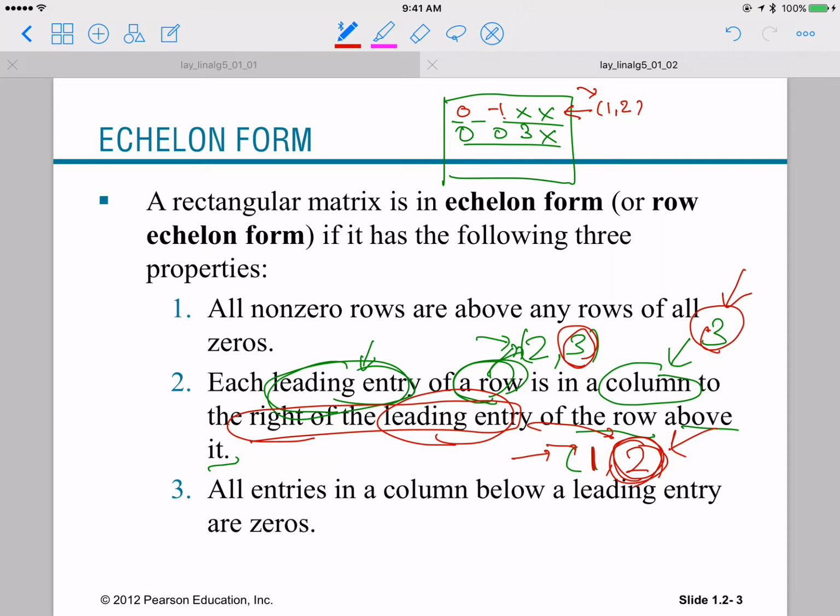And so it simply says, when listing the positions of the leading entries as 1, 3 and 2, 2 and 4, 1, for example,